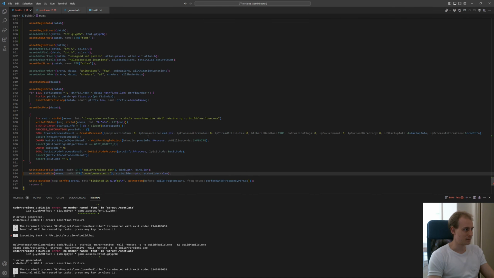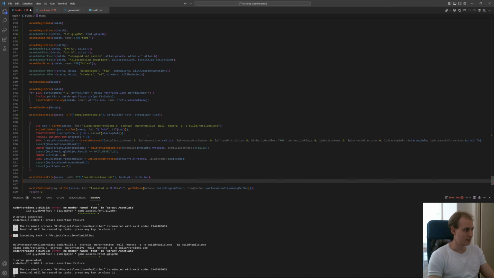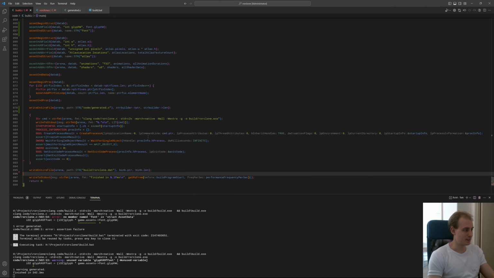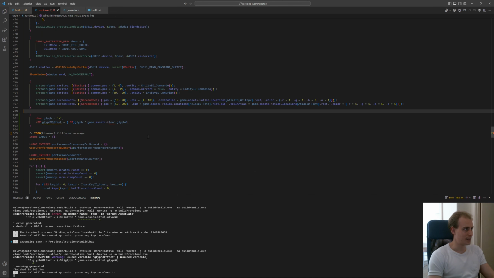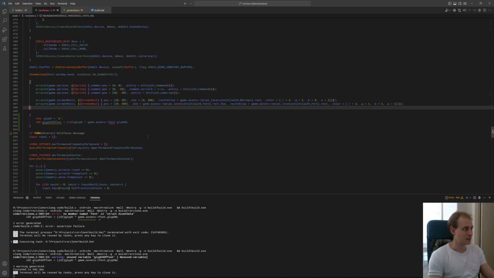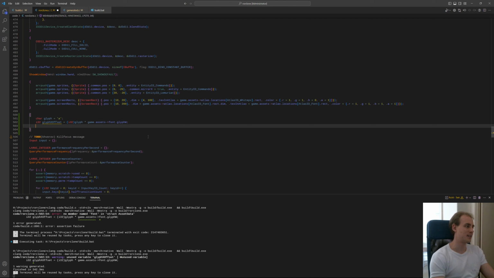Obviously we want to write out the generated code before compiling the main code. Yeah, that'll help for sure. Okay, so that is the glyph x offset, so